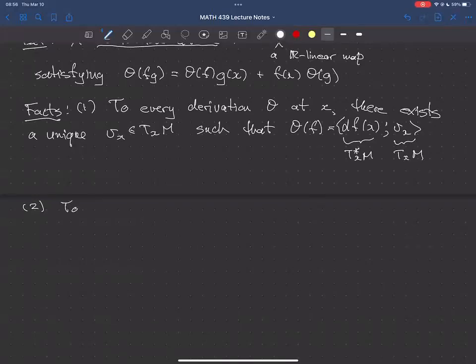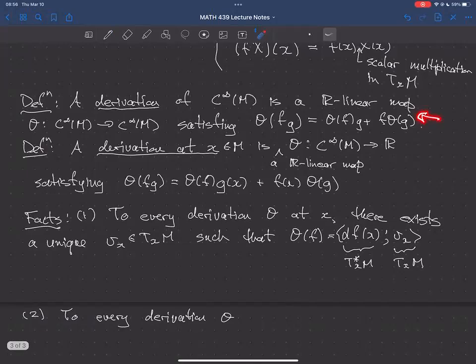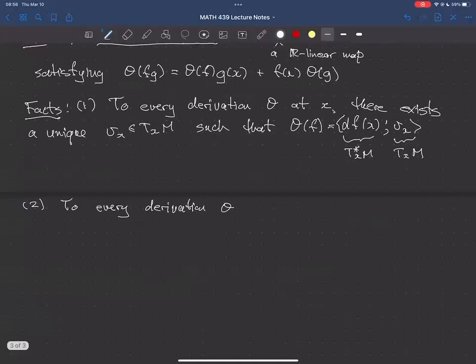To every derivation theta, and I don't mean derivation at x, I mean derivation in the first sense of my definitions here, not the second one, there exists a unique vector field X such that